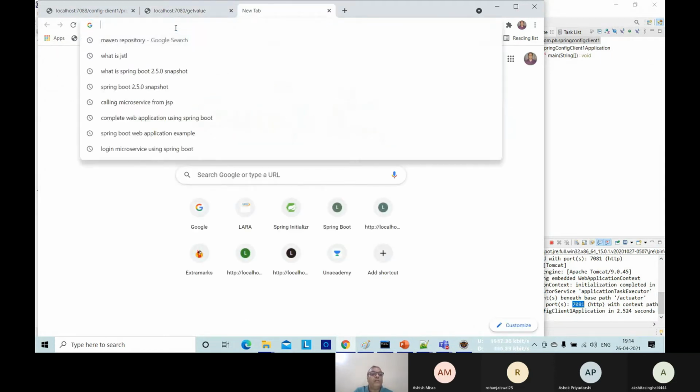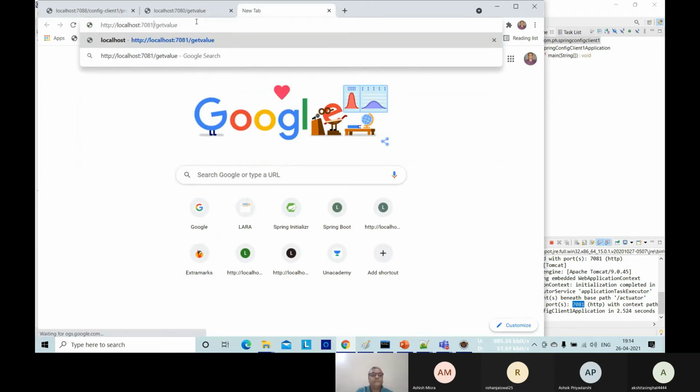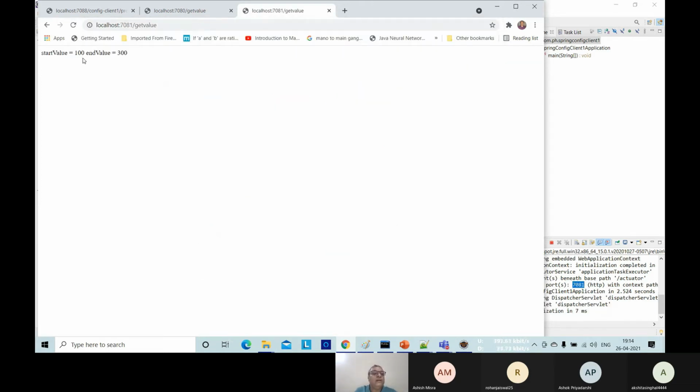7081, let me open it in a browser. 7081. Now see here, what is the value in 7081? It is the instance of the same application. But what are the values of this? This is the value